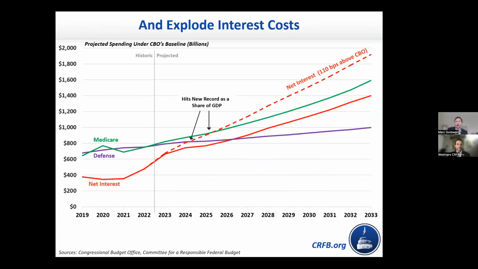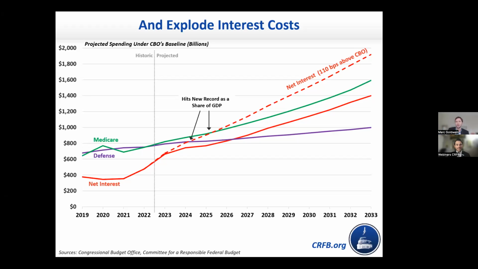Under CBO's latest projections, interest spending is going to exceed defense spending by 2026 or 2027. Interest spending last year was larger than everything the federal government spent on children. Everything. Child tax credit, K-12 education, school lunches, child healthcare, you name it. We spent more in interest in servicing the past than investing in the future. If interest rates are as much higher as they are now, that situation goes from bad to almost unconscionable.